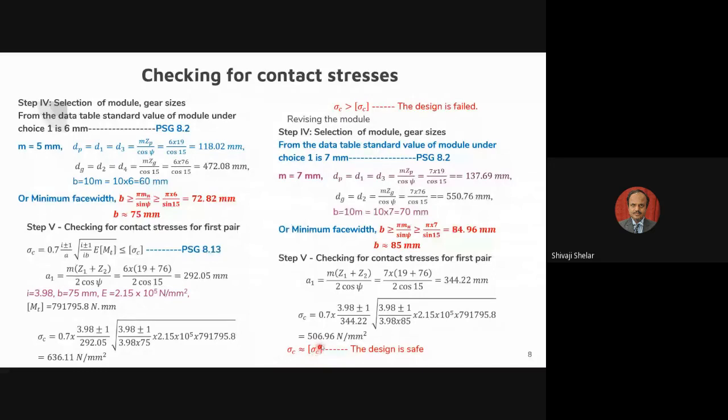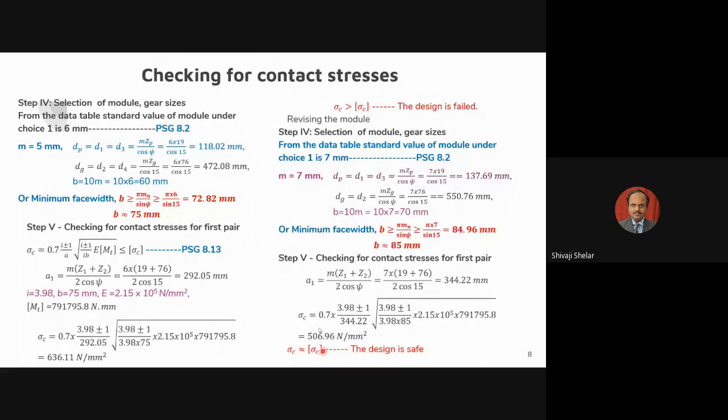So now we will not further increase this M value to 8 mm. We will keep 7 mm. And what we can do, you can give a slight heat treatment to your gear surface. So you can increase the hardness of that surface by a small value. Automatically, the crushing strength sigma c design value will change. So instead of 500, it will become 600. So then it will become automatically safe.